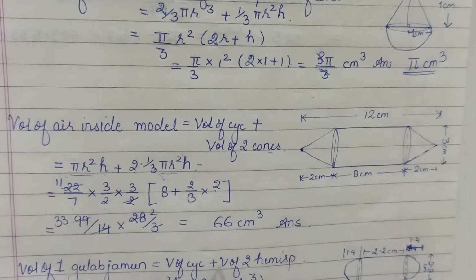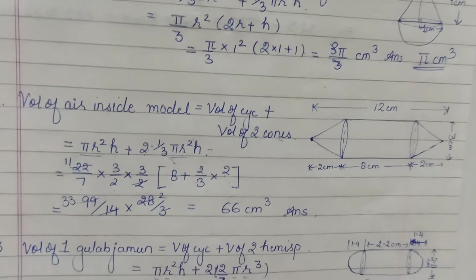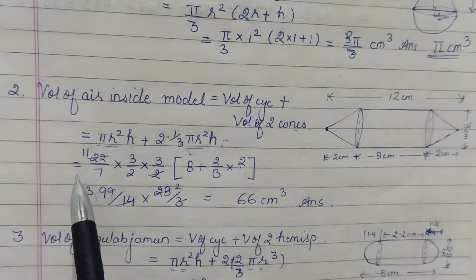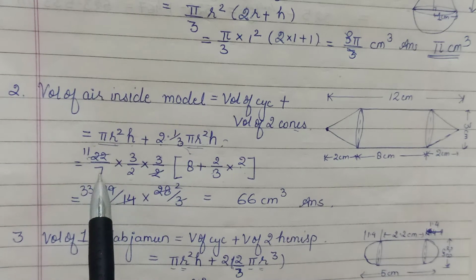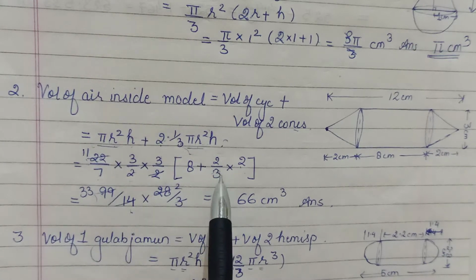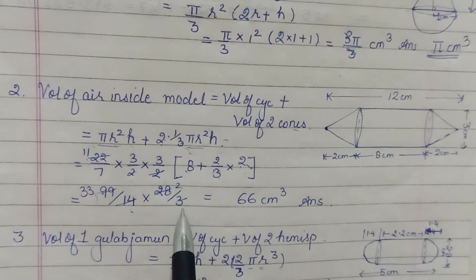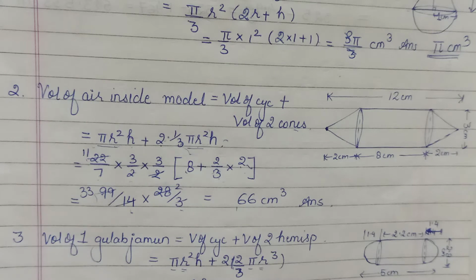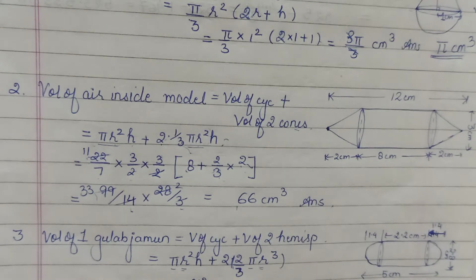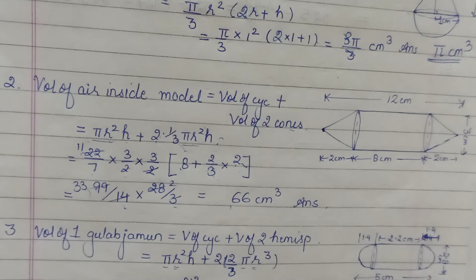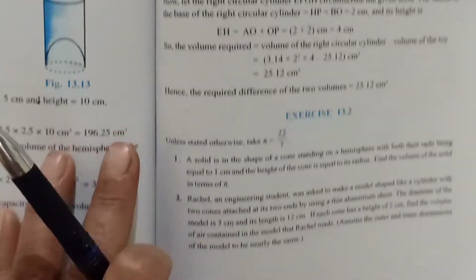So simple concept है, only calculation counts out here, which you will do on your own. Don't just copy calculations. So cancelling, at the most 2 is getting cancelled here. Left over, 3 3s are 9, 11s are 99, 7 2s are 14 remains here. Then taking LCM, 3 8s are 24, plus 2 2s are 4 हो जाएगा, that is 28/3. Cancel it out, you're getting your volume as 66 centimeter cube. Now the third one.